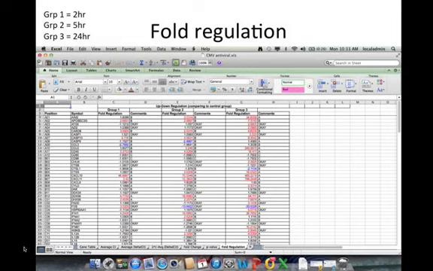Now the thing to keep in mind is upregulation or downregulation is only significant if it's above 2. So if you start to see something that's 1.5-fold upregulated, that's within the margin of error, so you don't want to pay attention to that. Yeah, so blue and red. Look at blue and red.